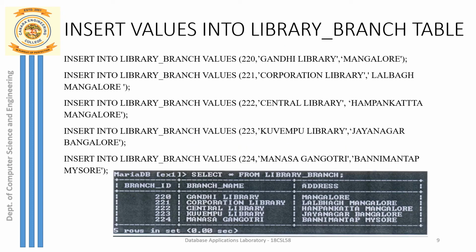We have the next table, that is the library branch table. Again we are going to enter 5 rows, and you can see here the order of the attributes. First is program ID or branch ID, next is the program name, and then the third one is address. The library branch ID or program ID is unique in nature, the primary key. So you must give different values for program ID, that is 220, 221, 222, 223, 224, and the other values you can give anything. Remember, characters must be within quotes, whereas integers need not be inside quotes.